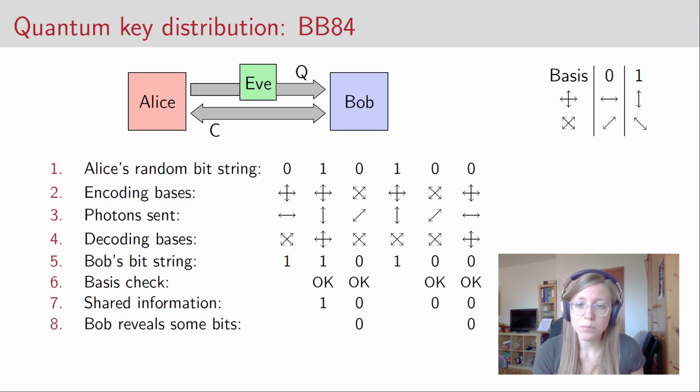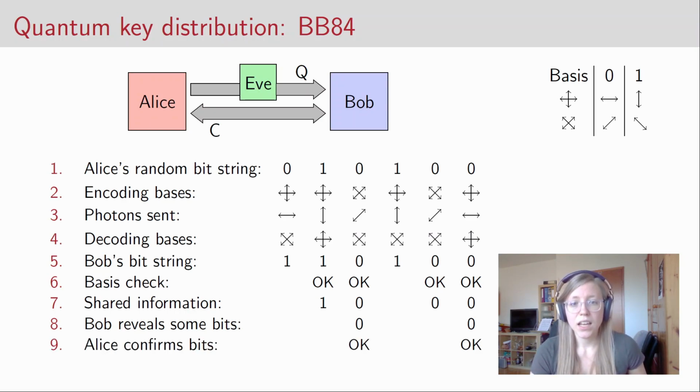The next thing Alice and Bob have to check is whether some eavesdropping has happened. If Eve has intercepted the communication, Bob and Alice can detect this, as you will see in an example in a minute. So assume there's been no eavesdropping, Eve hasn't intercepted the quantum states at all. Then Bob will reveal some example bits. Alice will check them. And if they're okay, then Alice and Bob know that there hasn't been any eavesdropping.